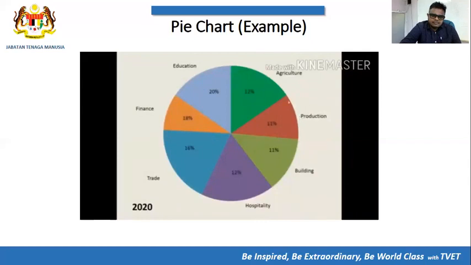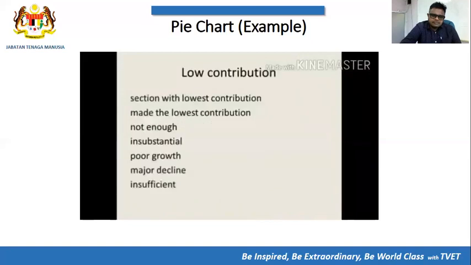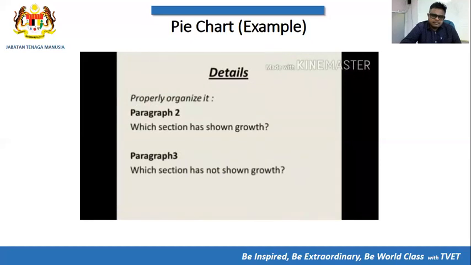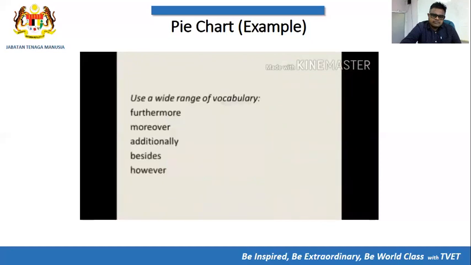So dear students, now as we come towards the analytical paragraph of the given pie chart, we can also see how the given pie chart has been written and how we have learned to use the vocabulary words in the pie chart. Now see, here we can see the graphical picture of the above pie chart in 2010 and 2020. In the above graph, you can see, dear students, agriculture in the year 2010 is more. And the sector which is more in 2020 is the educational sector.